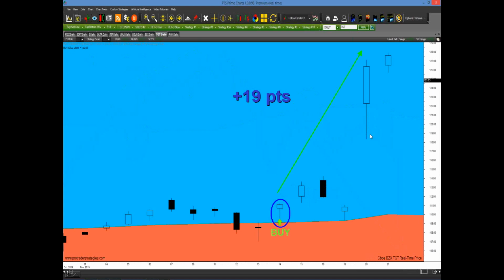Here's an example now in TGT. All right, this was in mid-November. We see here that price was kind of going sideways. We had a buy signal generated that was very close to the fluid buy-sell line, and then 19 quick points in about a week. Remember, people always say, well, Steve, the stock gapped up probably on some really good fundamental